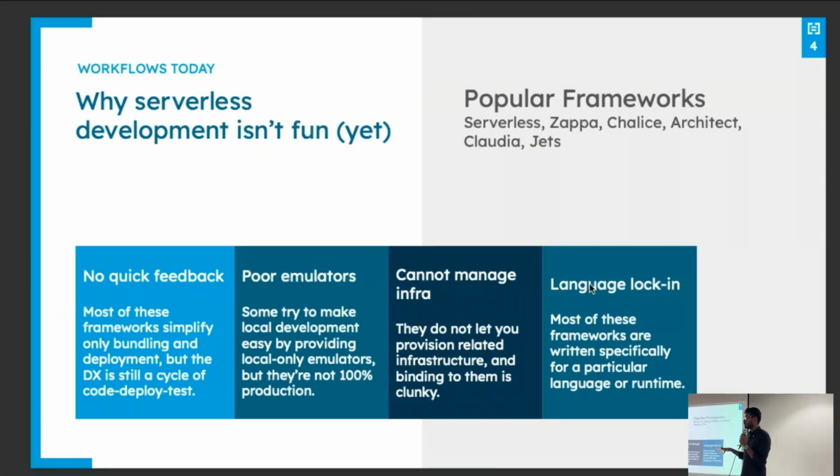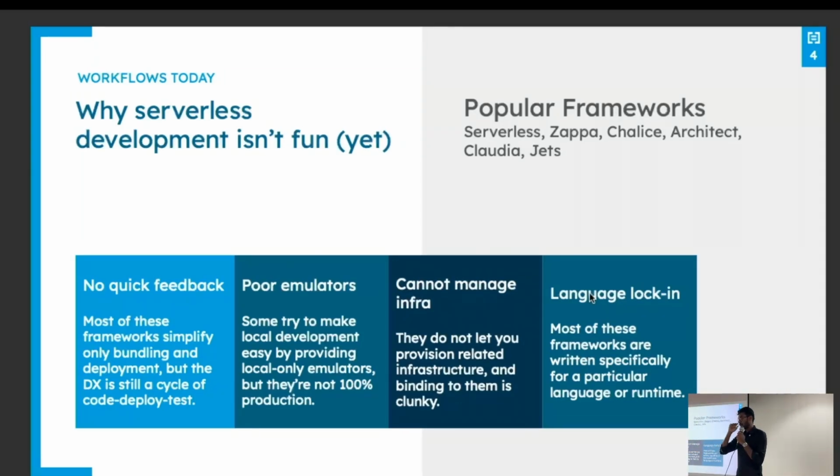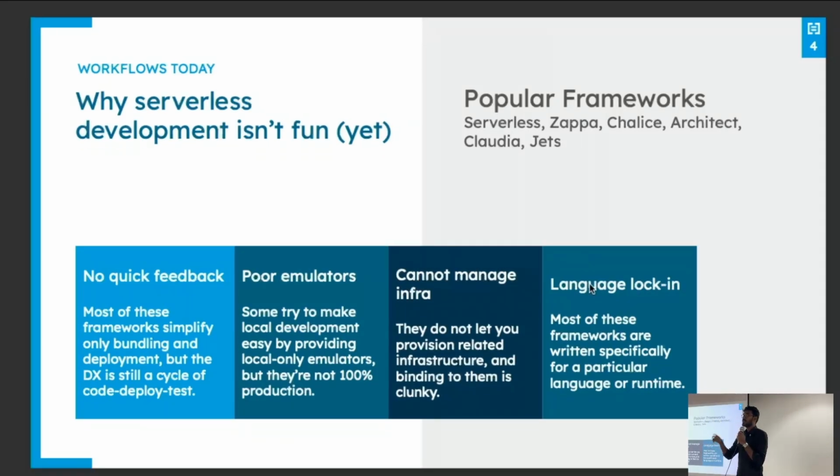Three is, I would say, also quite a big problem, but it depends on how teams are structured. The third problem is you cannot manage other bits of your infra. Nine times out of ten, when you're building an application, it's probably talking to a database, right? In serverless, all of these popular frameworks let you write only the code for the function itself. Let's say it was talking to a DB. Where will the DB come from, right? That becomes the responsibility of another team. That means you are building under the assumption that it's managed by somebody else, and that becomes a problem because you're creating silos in your teams.